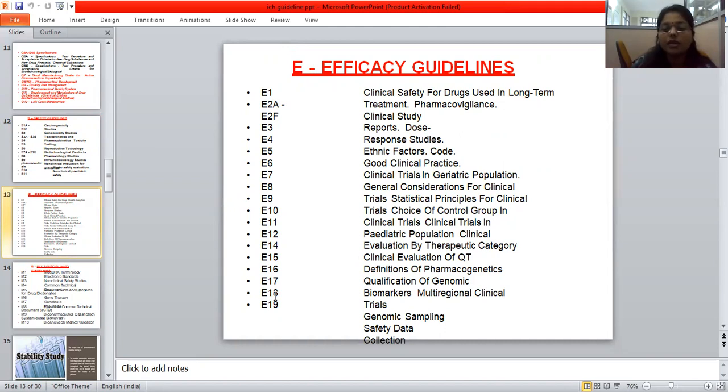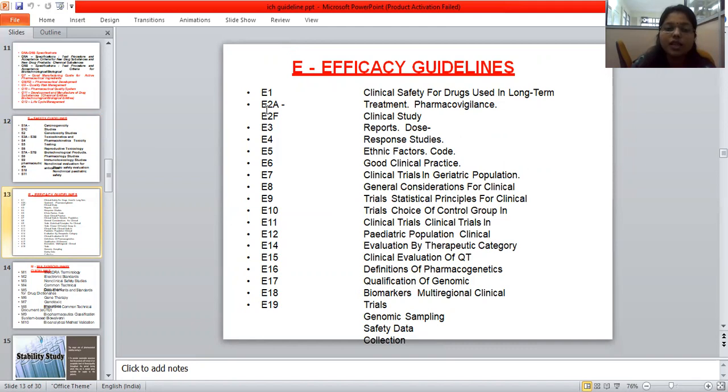E18 for biomarker multi-regional clinical trial, E19 for trial in genomic sampling, safety data collection, which is given in the genomic sampling data trial, their safety data trial, which is given in this E19 guideline. So E17 for qualification of the genomic label, their biomarker, their multi-regional clinical trial, which is given in the E18 guideline. So you can see here